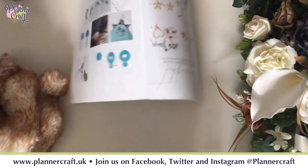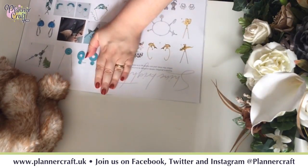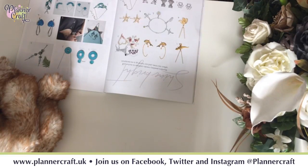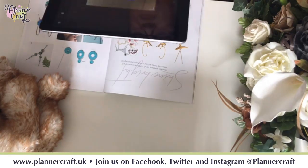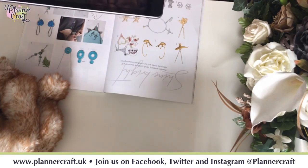So you can do this with any printed material that you want to recognise a font. So I'm going to go to type at the top. I'm going to go to the camera because I want to use the camera rather than a saved image. I'm going to focus a little rectangle on the text that I want to